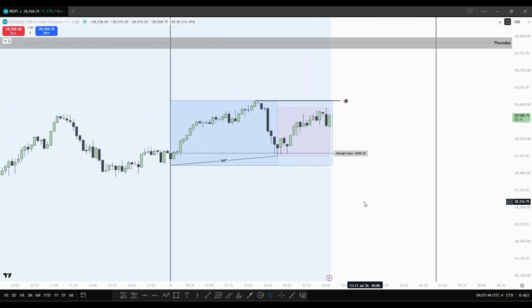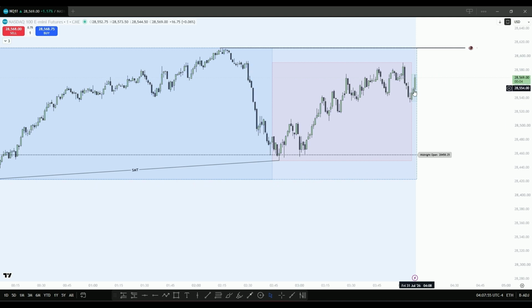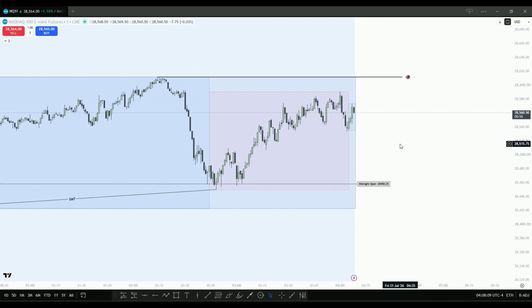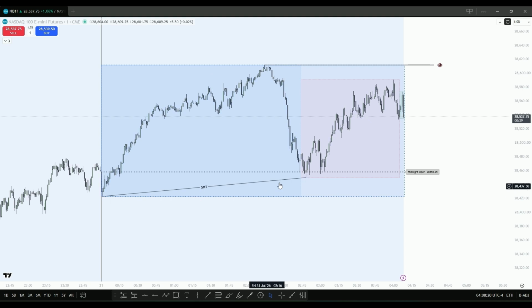Now let's see how our idea in the morning is playing out. So you see so far, not bad. Distribution cycle is just starting now. So this is now the highest probability time when we can hit this high. All right, let's see though. And anyway, I hope you like the idea